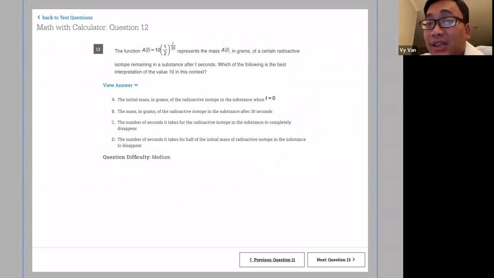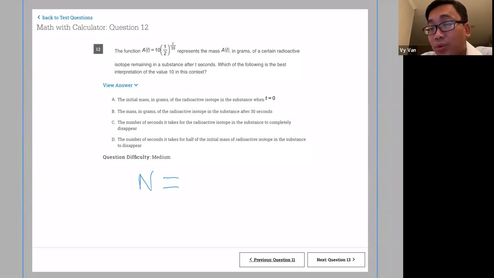The function is A(t) equal to 10 times 1/2 to the power t over 30. Which of the following is the best interpretation of the value 10 in this context? So this is what is it called? Exponential decay model. So in general, we have